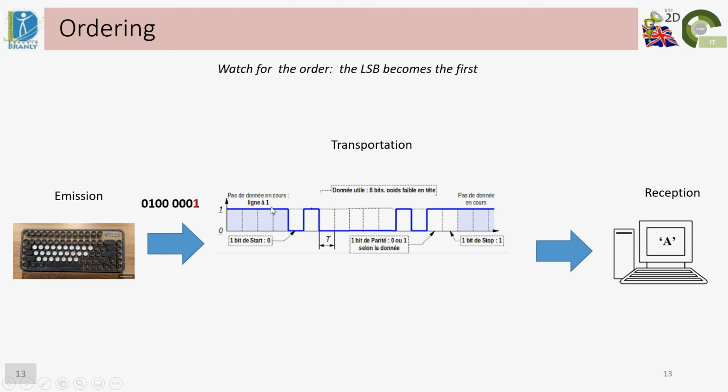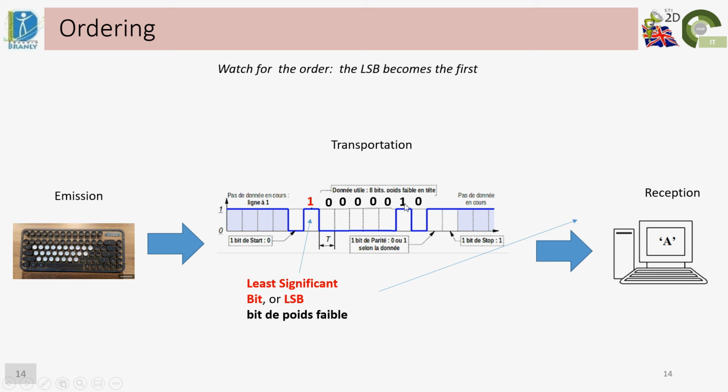When you have a message, when you send the first least significant bit, then you will have a start bit at 0 that will tell you, okay, now transmission begins. And the 1 is transmitted first. That means the least significant bit, le bit de poids faible, est transmis en premier. And then the other ones, 1, 0, 0, and so on,